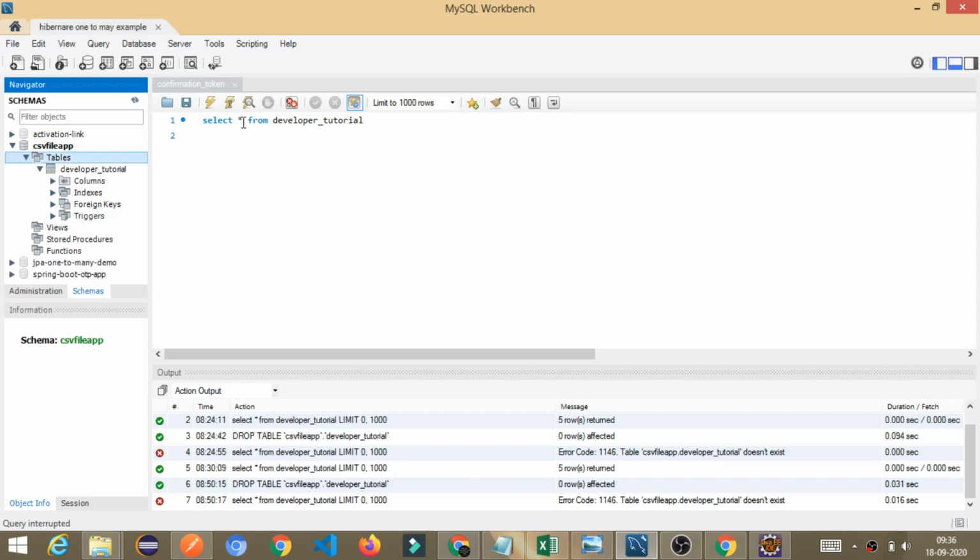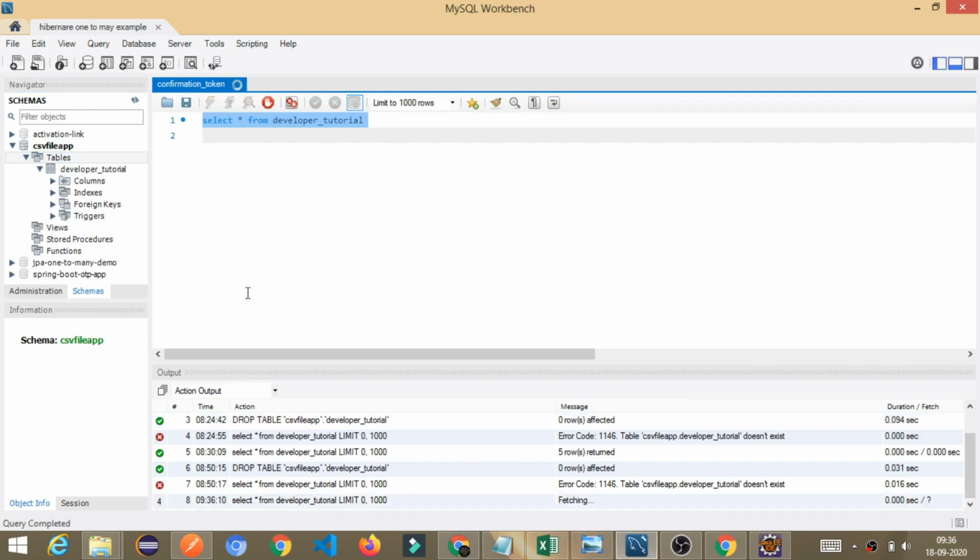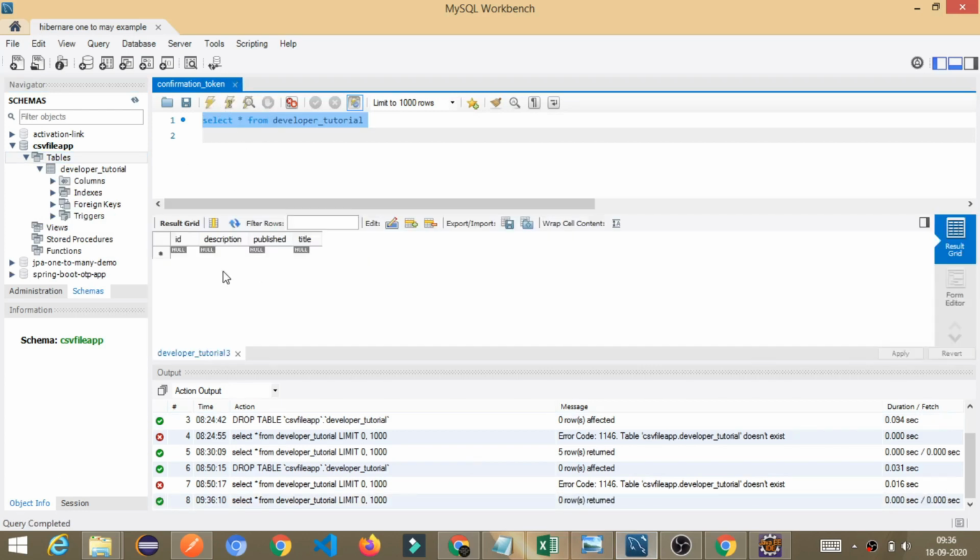Now just go ahead and execute this simple query, and you will be able to see the table. See, ID, description, publish, title. Of course currently we don't have any data, but when we upload the file, then all the data will be populated here or stored here. So just go ahead and, in Postman,